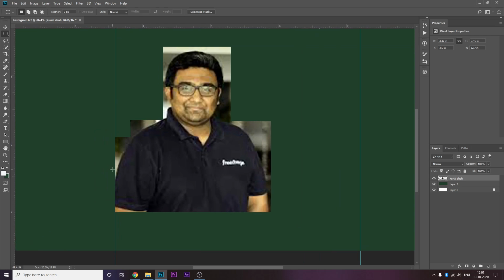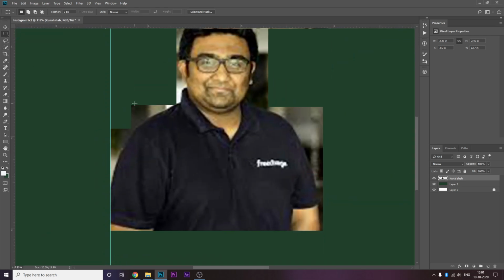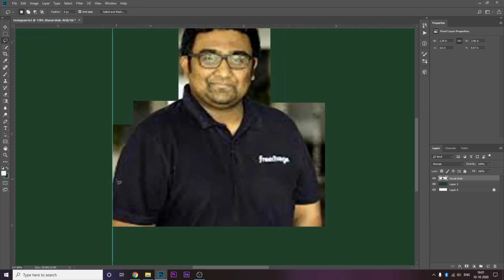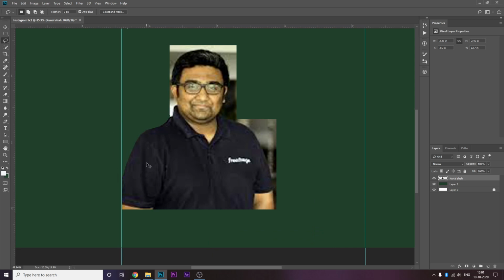But then these curves are a problem for us, wherein I can try, but then I won't be able to draw a perfect curve using a rectangle. I mean, some mathematicians can argue that you can, but practically it's very difficult to do that. So we have the lasso tool for that. The lasso tool can be used to do this, and then cut, and I cut his entire shoulder, which looks very bad because I didn't do a good job.